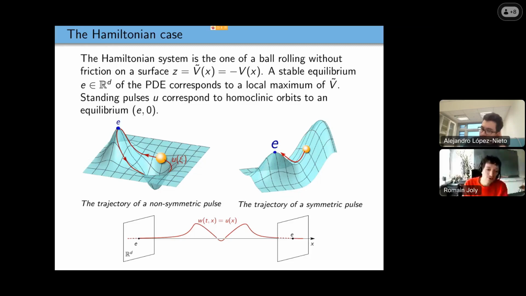Also, it shows that you have periodic orbits. Smale also says that you have an infinite number of periodic orbits, so spatially periodic solutions of your PDE, standing solutions of your PDE, close to this one. But if you consider just traveling fronts or standing pulses, they say that just once, because again, of this condition that you converge to an equilibrium point at plus and minus infinity. Okay. So you're right that.